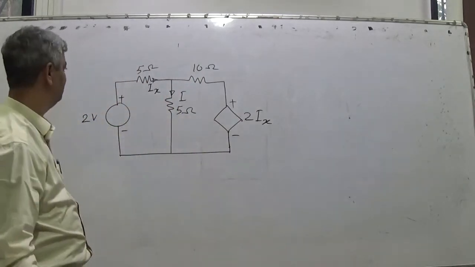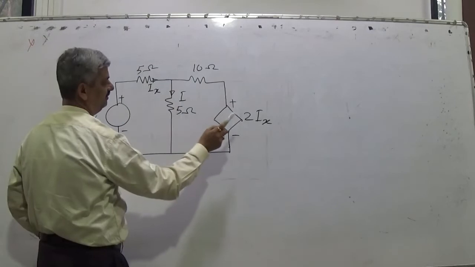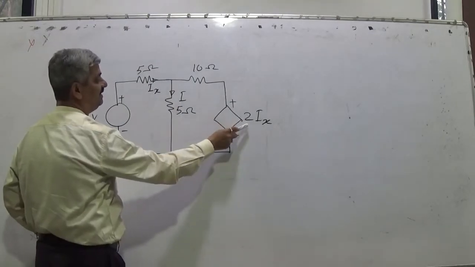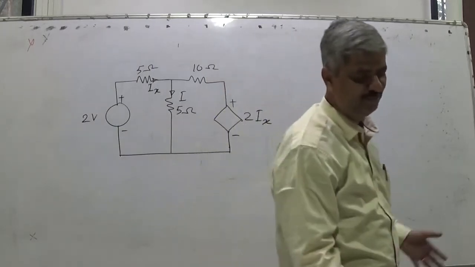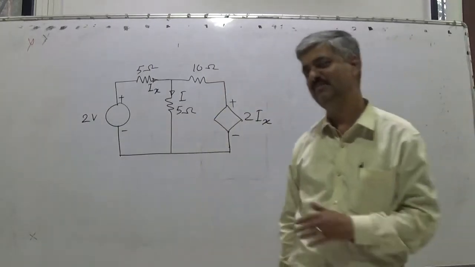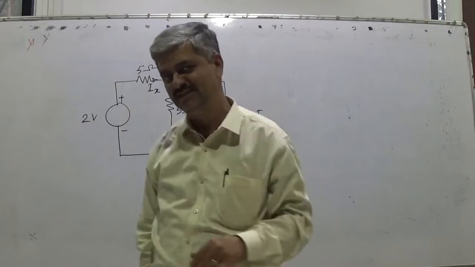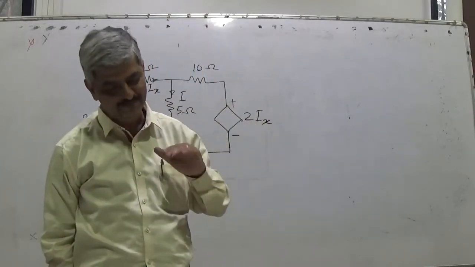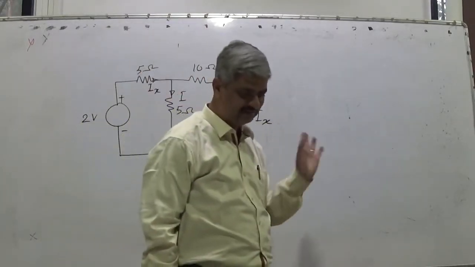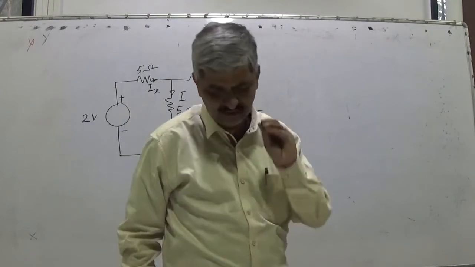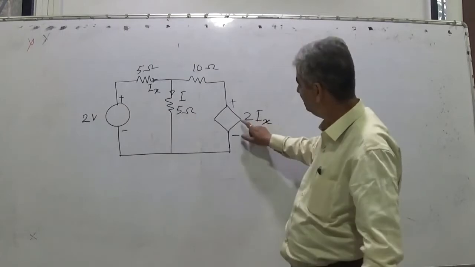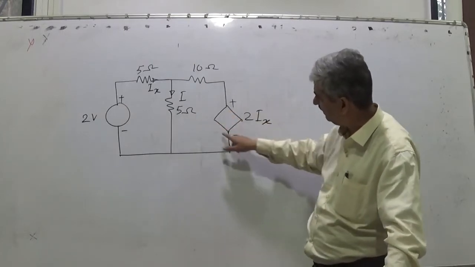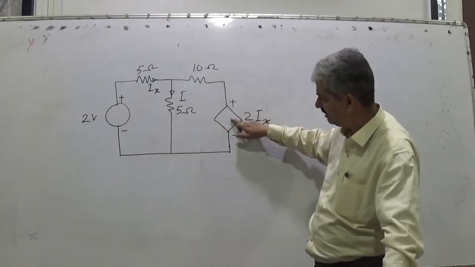So what does it mean? This is a dependent source. Such sources are constructed by using some active components. You might have studied such dependent sources in the model of a transistor. So this is constructed using some amplifiers. Right now that is not our purpose. Our purpose is to discuss how the things are to be solved. So this bracket, like this rhombus, is a dependent source.